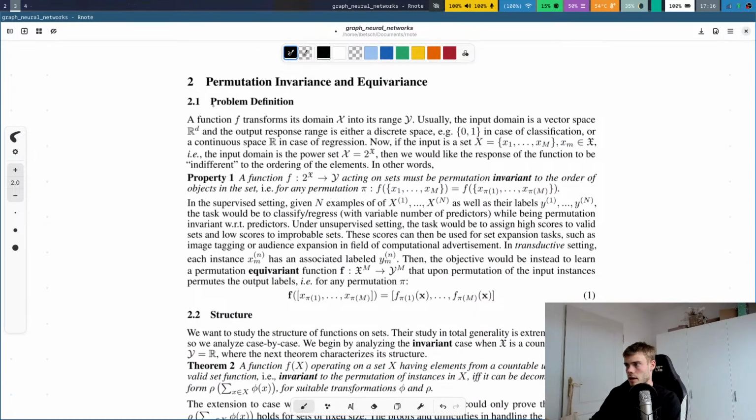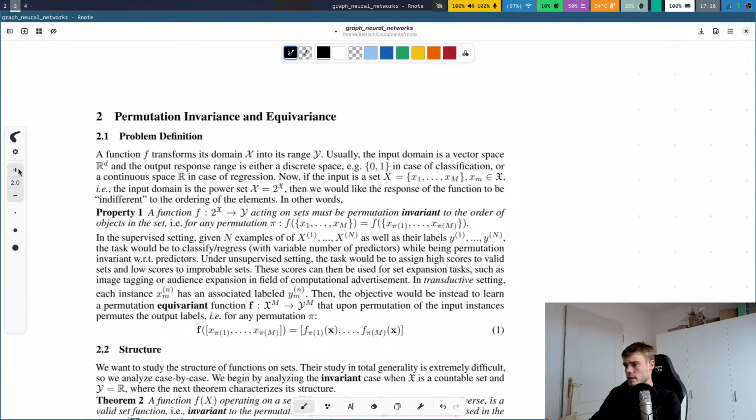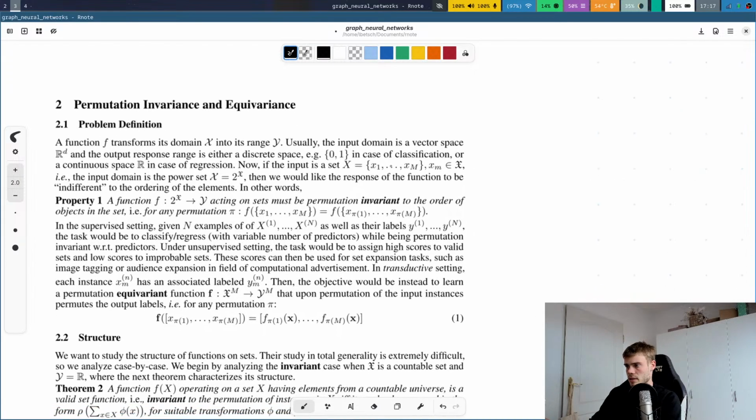Permutation invariance and equivariance. Problem definition. So a function f transforms its domain x into its range y. Usually, the input domain is a vector space R^d, and the output response range is either a discrete space, for example the set of 0 and 1 in case of classification, or a continuous space R in case of regression. Now, if the input is a set, x is equal to the set of x1 to xm, where xm is